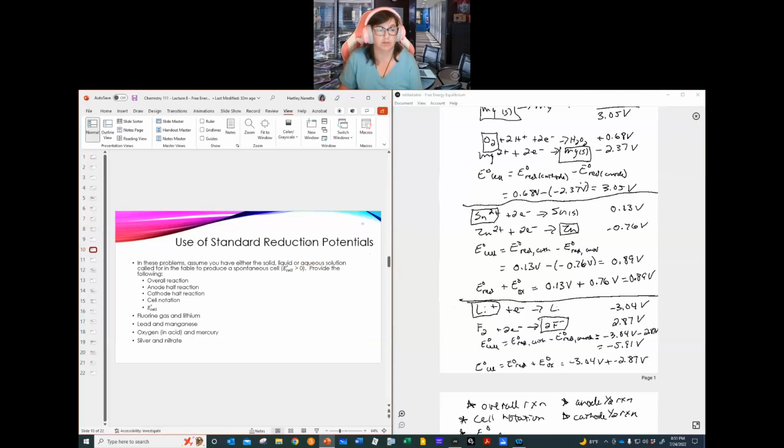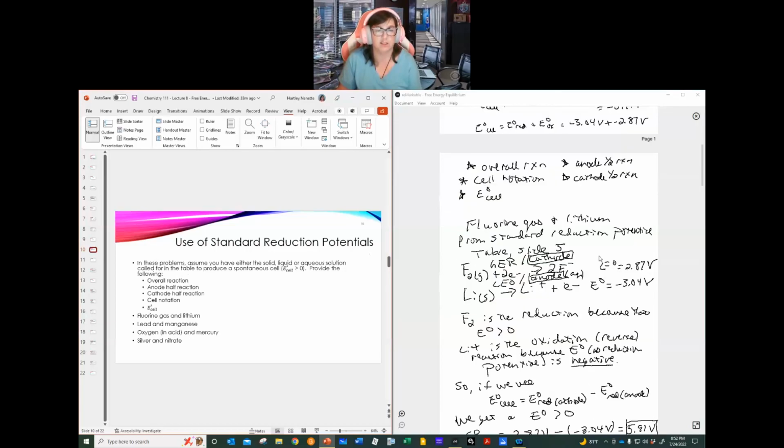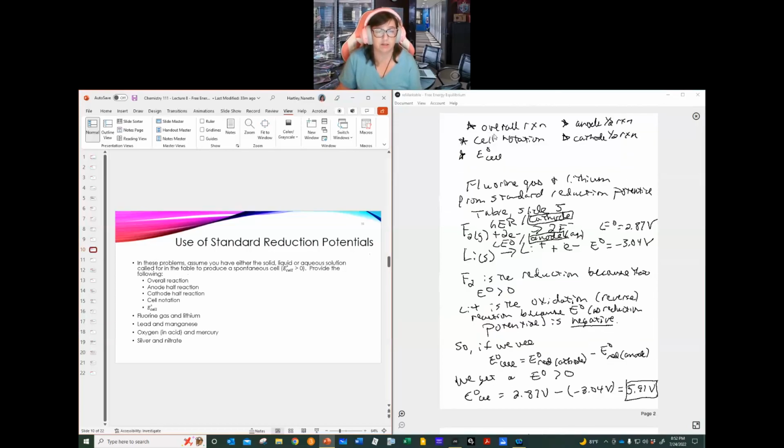Now we're going to use our standard reduction potentials to look at these particular reactions. We want to look at what is the overall reaction that we're looking at. What's the anode half reaction? What's the cathode half reaction? The cell notation and the overall cell potential. Okay. Now, I've asked you to look at fluorine gas and lithium, lead and manganese, oxygen and acid and mercury, silver and nitrate. Okay. So my paper says overall reaction, cell notation, E naught cell, anode half reaction, cathode half